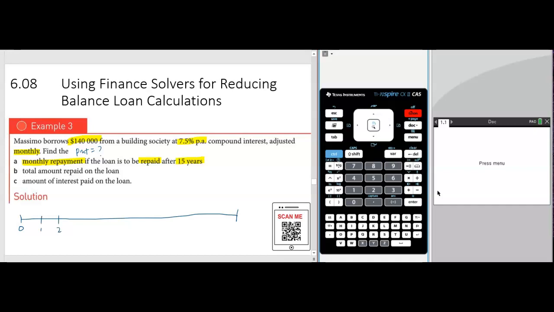So when you have value coming into your pocket, you put your value on top, positive. So present value, 140k means 140,000, right? Then your payment, the monthly payment. Why do I put it down here? Because it's negative, out of your pocket. Up there is positive, down there is negative. So payment,